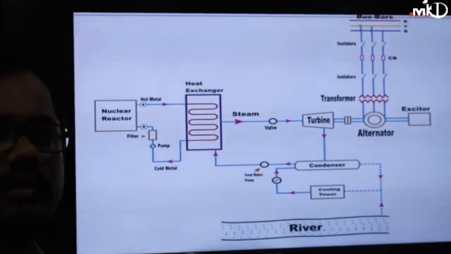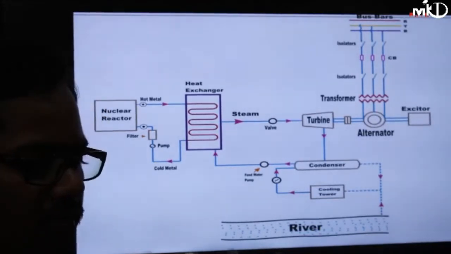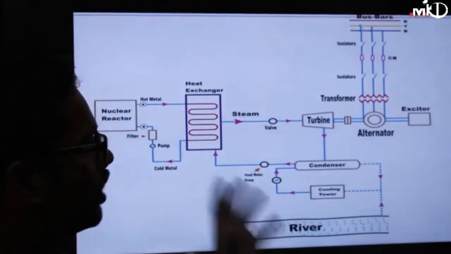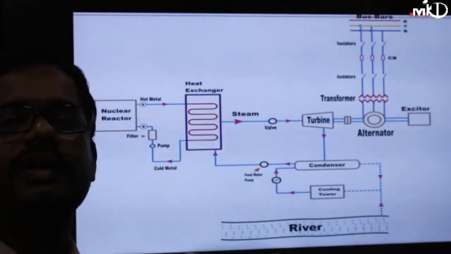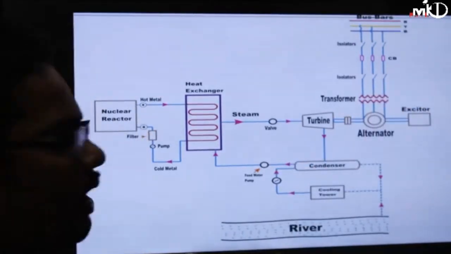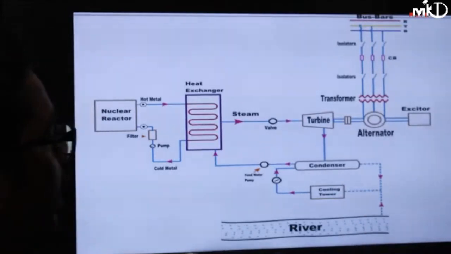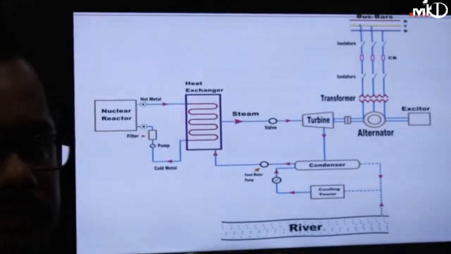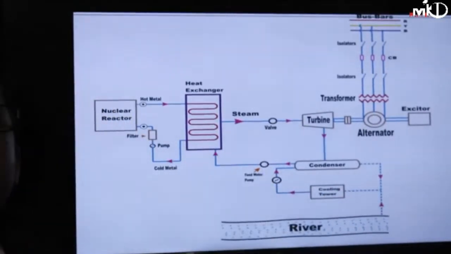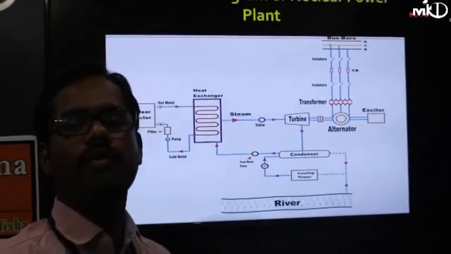So what is a nuclear reactor? The reactor is the place where the reaction takes place, meaning the nuclear reaction takes place. Now the concept behind how you are getting energy: you get energy in the alternator, and before that the turbine is present, which rotates the alternator, and before that the valve, steam and other parts are present. Here the heat exchanger and nuclear reactor are present. So what is the principle of the nuclear reactor, or what is its function?